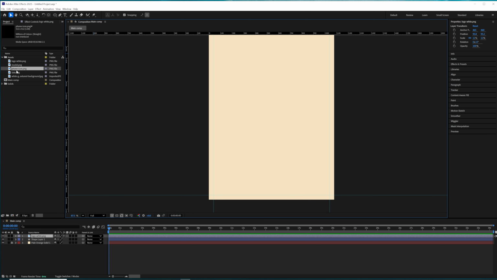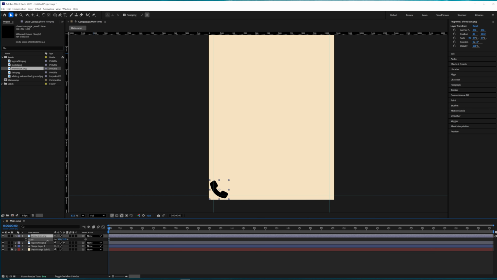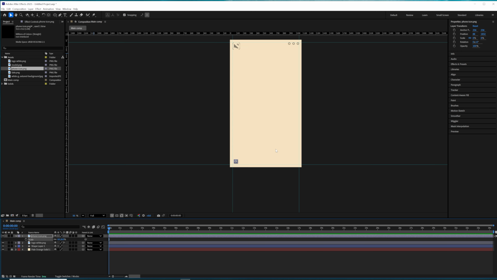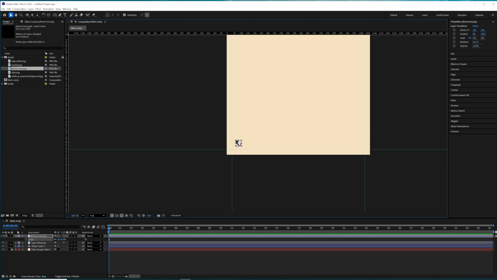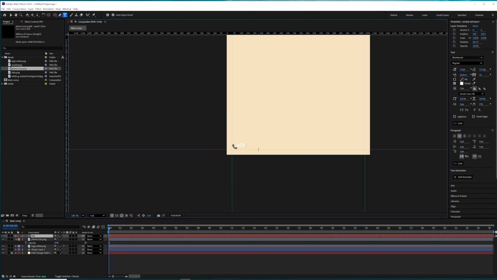Now let's zoom out and bring in the telephone icon. And let's change the opacity to something like 50%, and type in the number. I'll just put 000 something. Make sure snapping is on, that way it will snap to the guides. And change the color to